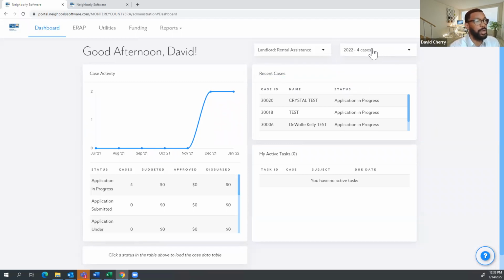Right here, you'll see all of our cases. Previously, we started the implementation in 2021, but right now, you'll just see 2022 cases going forward until the new year. We'll update it to 2023. So you don't have to worry about this column. But just going through the dashboard,